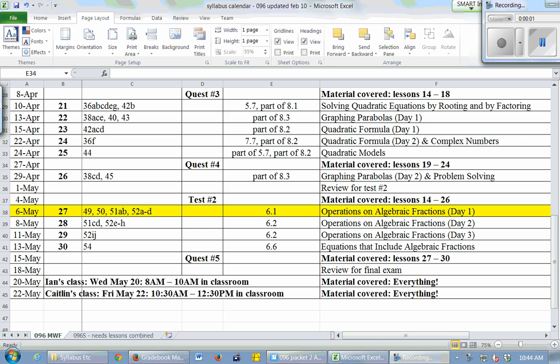Look at our schedule. I just handed back test number 2, so with a progress report about approximately where your grade stands right now. The only things we have left before the end of the semester are Quest 5 and the final exam. Quest 5 can boost your Quest average a little bit. The final exam is worth 15% of your grade. So you do still have a couple of opportunities to bring it up if it's not where you want it